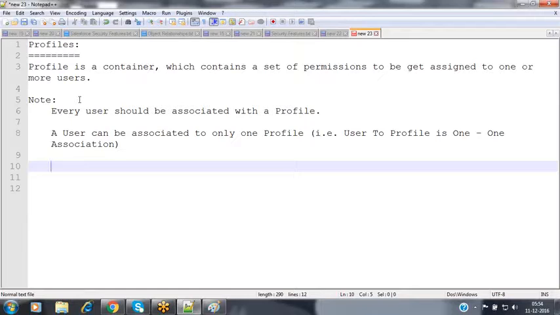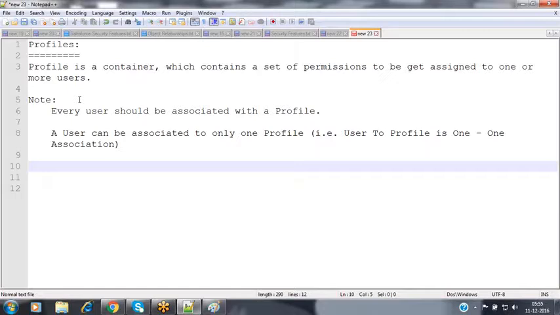Now, at that time, what can we do? He is also a salesperson. Whatever access we have granted for the existing salesperson, the same features we need to grant to this new person also. So instead of creating one more profile for the second user, we can assign the same profile to this user as well. Whatever visibility and features are required for all our salespersons, we can grant inside the profile, and then assign that profile to these users.